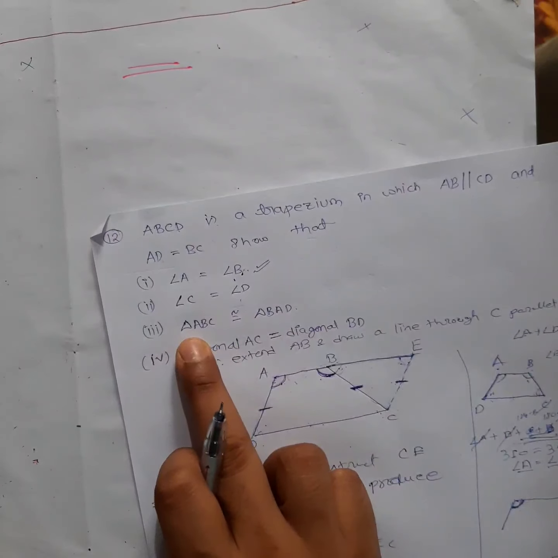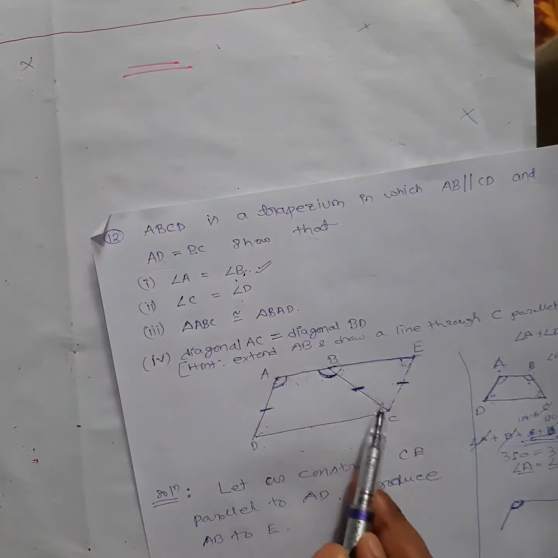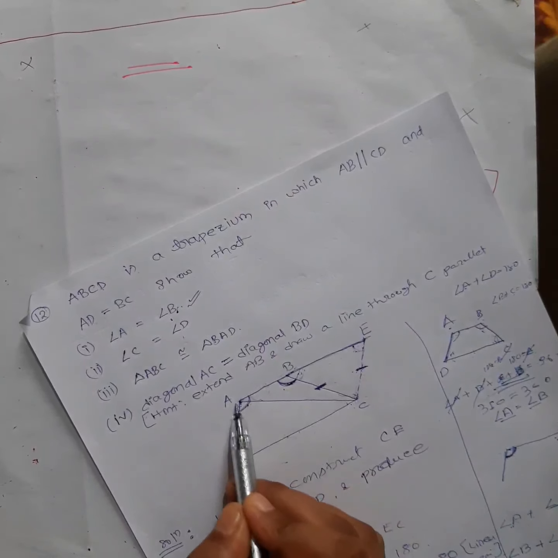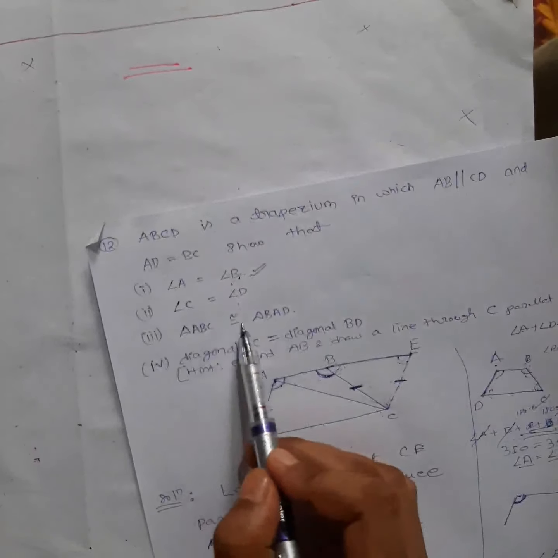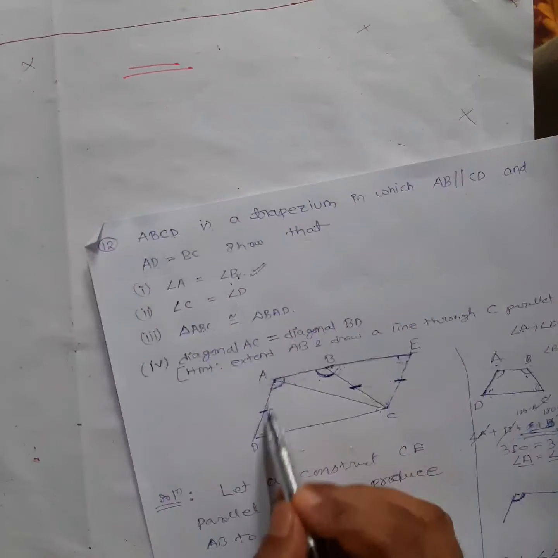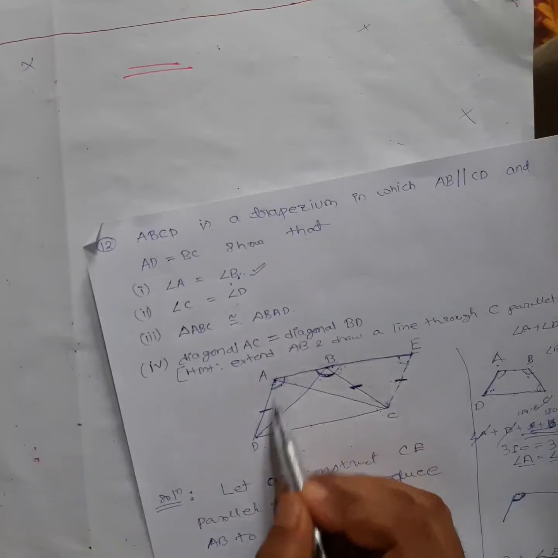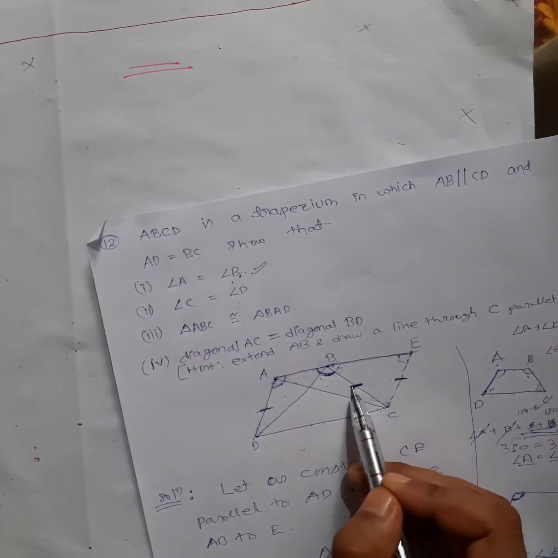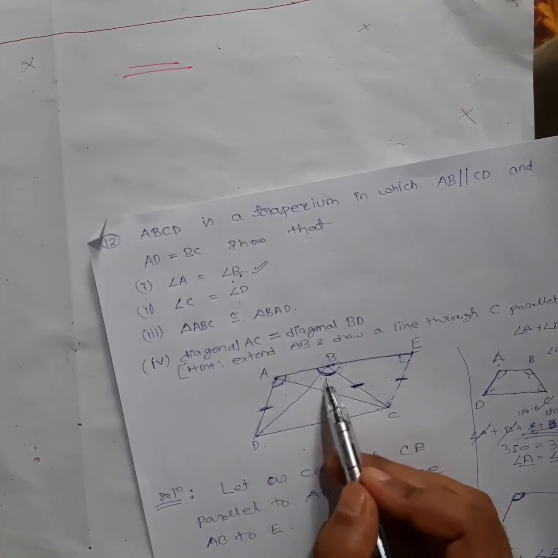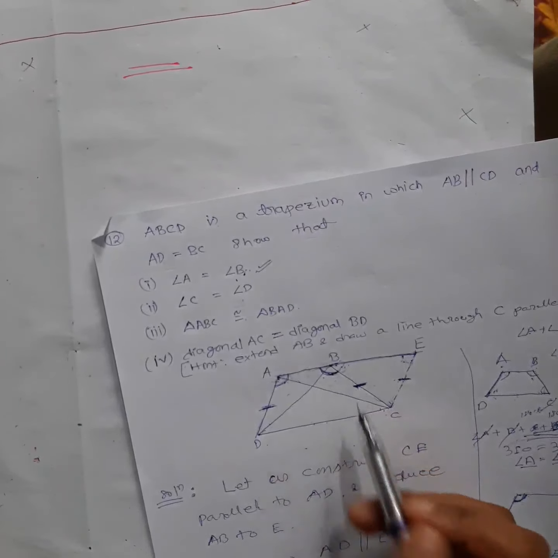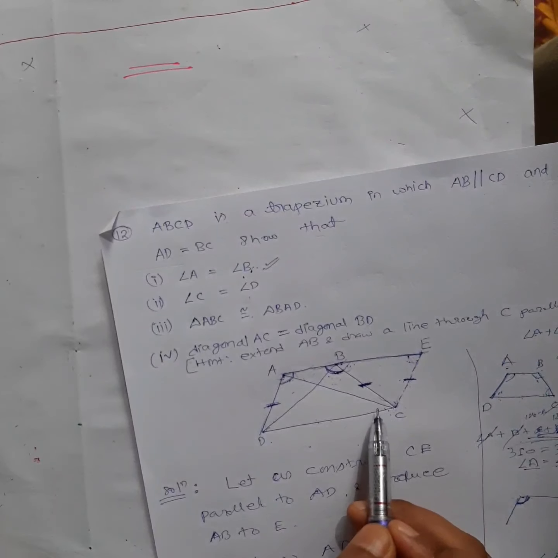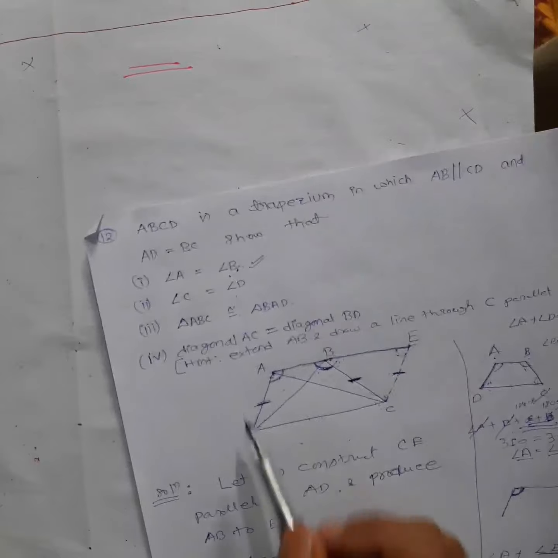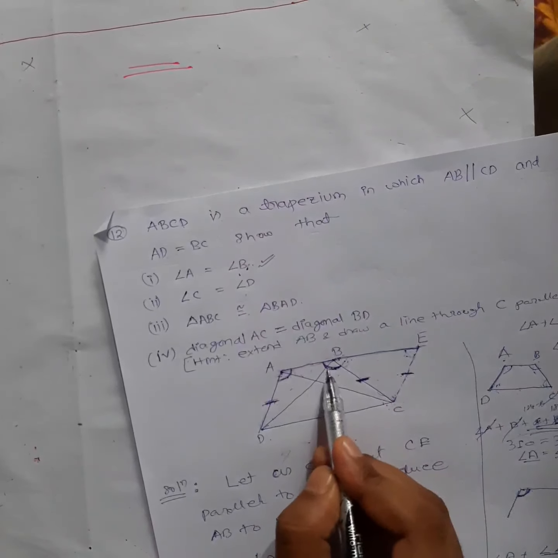Number 3, triangle ABC. You have to make triangle ABC, right? So you have to join this. So triangle ABC congruent to triangle BAD. So this triangle they are talking about. This and this side are equal, you already know, and you have to show these two triangles congruent, right? This side is the same, this is common, right? And one more you have to show, right? Yeah, and this angle you have already shown, right? Angle A is equal to angle B.